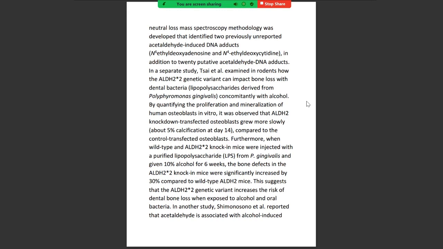Concomitantly with alcohol, by quantifying the proliferation and mineralization of human osteoblasts in vitro, it was observed that aldehyde-2 knockdown transfected osteoblasts grew more slowly compared to the control transfected osteoblasts. Furthermore, when wild-type and aldehyde-2 knock-in mice were injected with a purified lipopolysaccharide from the pig inguinalis and given 10%